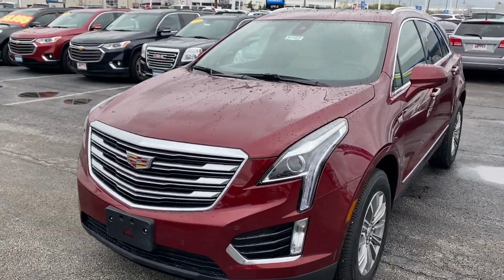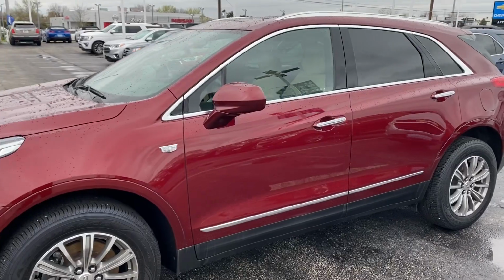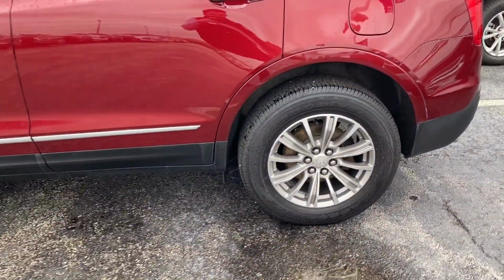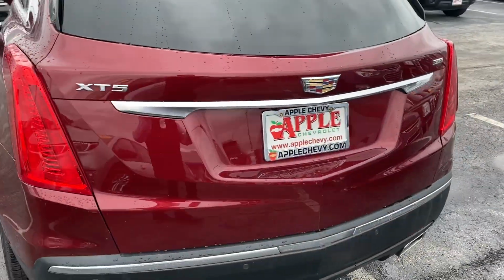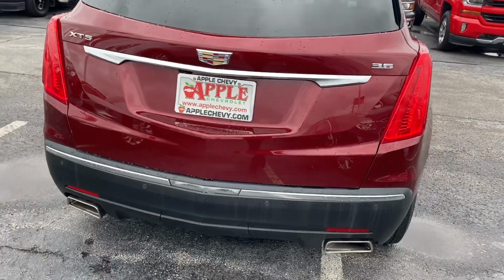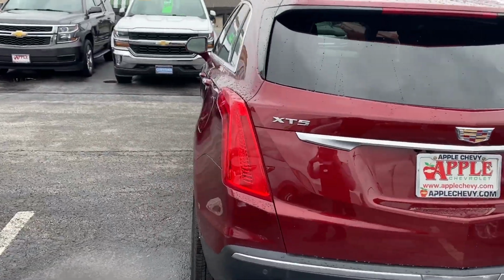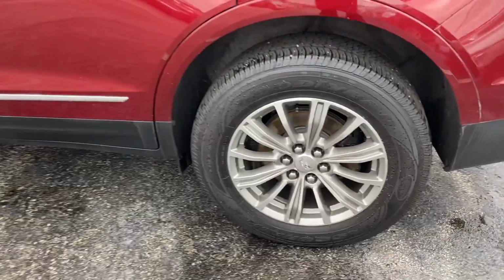Today I'm standing in front of my pre-owned vehicle pick of the week, the 2017 Cadillac XT5 Luxury Edition. Now this front wheel drive vehicle has 54,250 miles on it. It comes with a 3.6 liter V6 engine, your back tinted windows, and 18 by 8